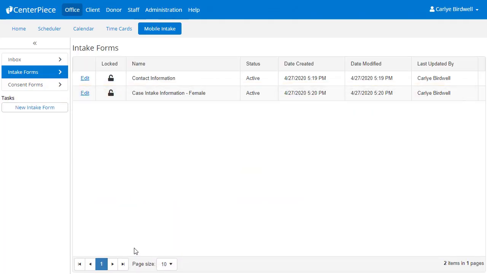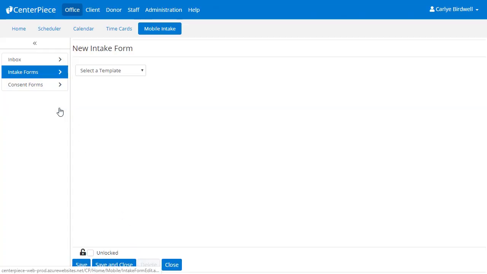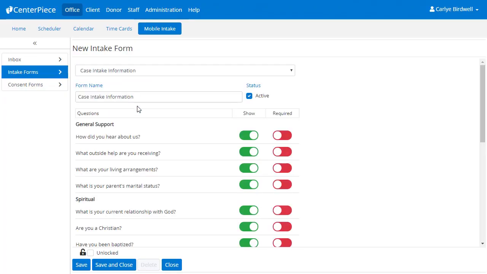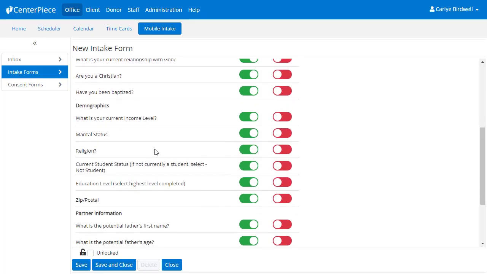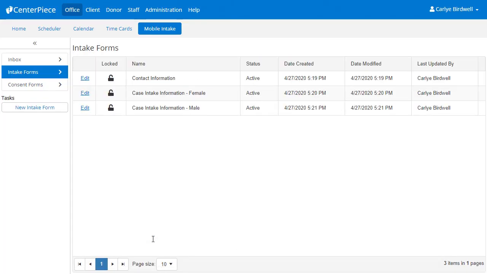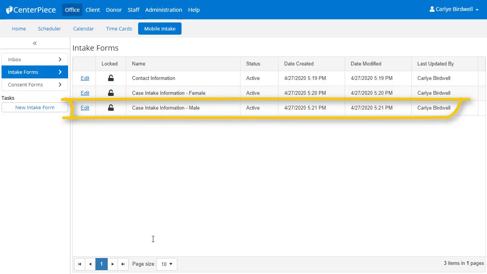Next, I'll quickly do the same thing but create a male version. I'll once again click New Intake Form, and then I'll select the Case Intake Information form, and I'm going to type in male after the name. Now, just like the female version, I'm going to require all of the demographic questions, but for this version, I'm going to hide the partner information questions. So I'll scroll down, and then I'm going to toggle those off to hide them. Okay. Next, I'll click Save and Close, and you can see that I now have a male version of the